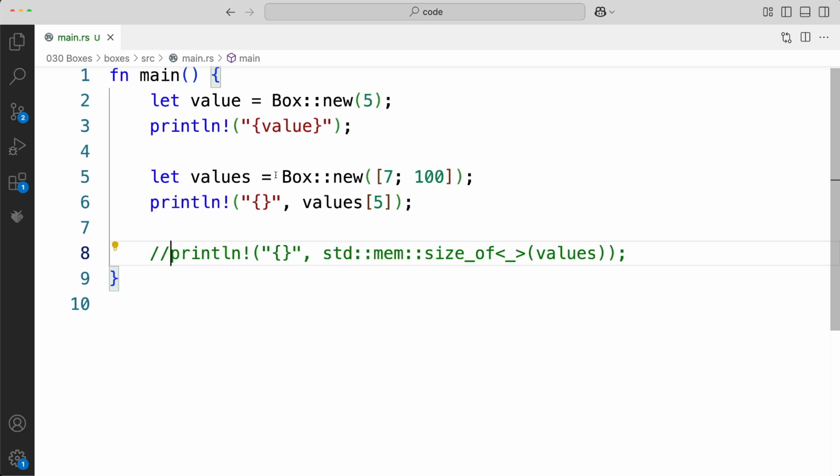But what I would expect to see is that this value is maybe 8 bytes or something, because this is now a kind of smart pointer. So it's just storing an address, which is the location of this array, rather than this variable now referring to all the data itself. So, oh, by the way,